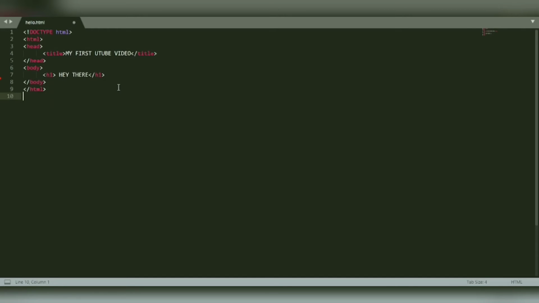After this H1 tag, we should type this break tag. Since this is a self-closing tag, we need not put any end tag for this. In the next line, let us open the paragraph tag and type some paragraph.